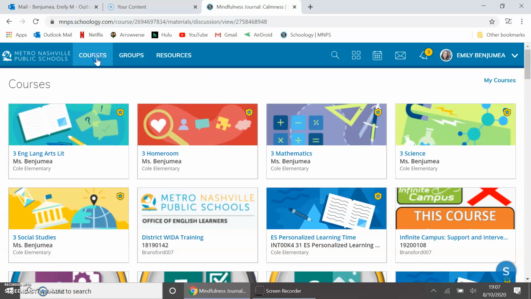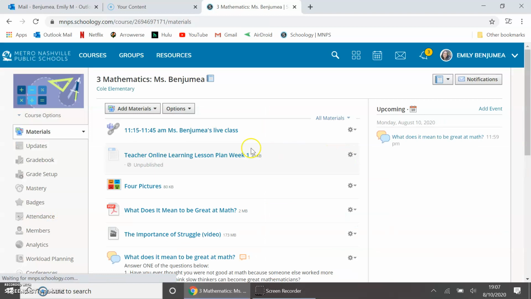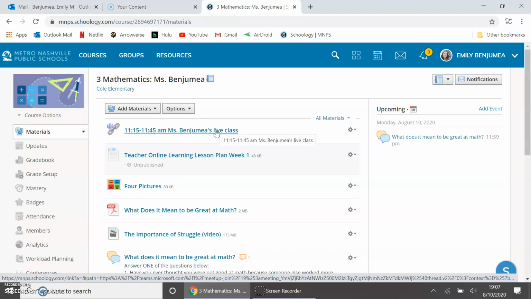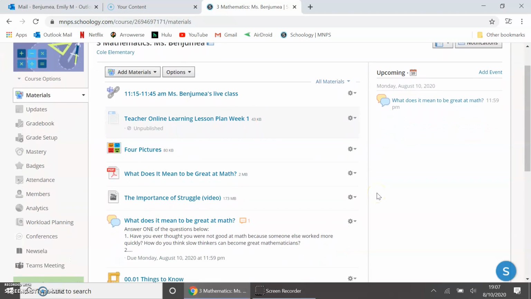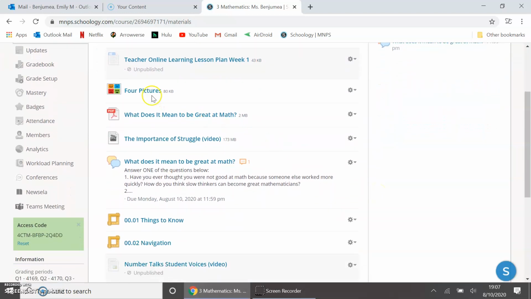For math class, you go back to Courses, select Mathematics. Again, the first thing that pops up is the student's live class. When you click on this link at 11:15, Teams will pop up and students will be able to join their live class. The other things listed on Schoology are their